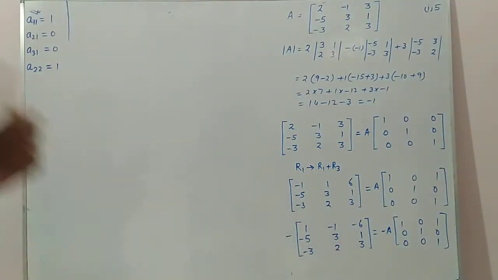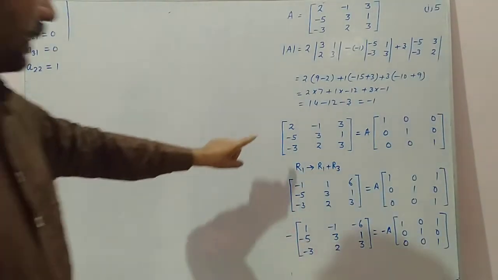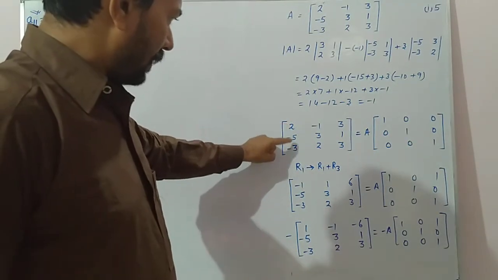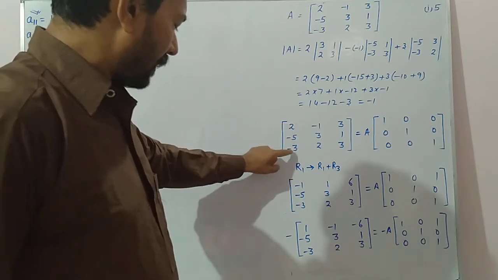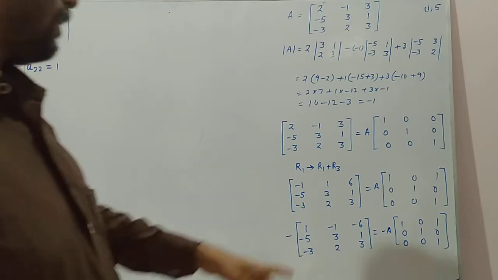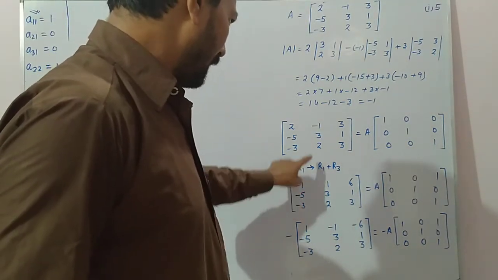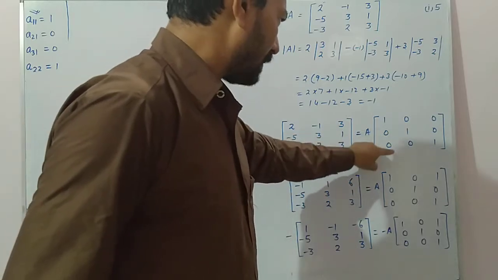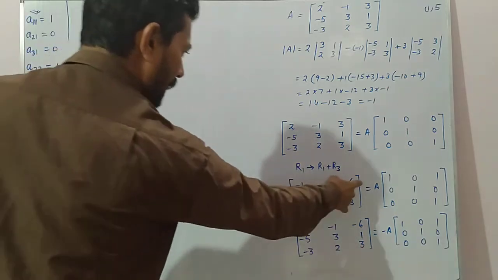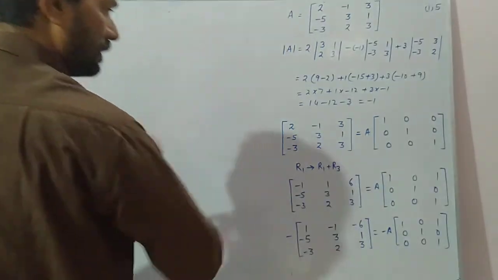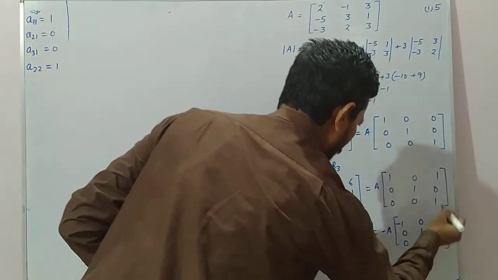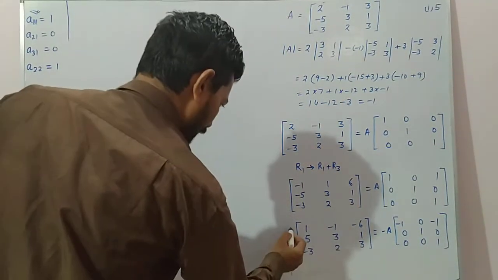So what we have done here, first of all, see here, this is 2, so we have to bring this one 1. So R1 changes to R1 plus R3. So 2 plus minus 3, you will get minus 1, and after that we can take minus common. So we have got R1 plus R3, we are getting minus 1, 1, 6, this side 1 plus 0, 1, 0 plus 0, 0, 0 plus 1, 1. Now as it is minus 1, we are taking minus 1 common from the first row of the left hand side. We have taken minus 1 common from the first row of the right hand side, so these two will become minus 1. So we can cancel these two.